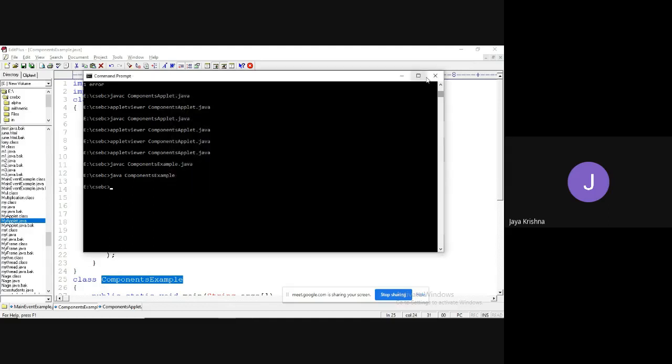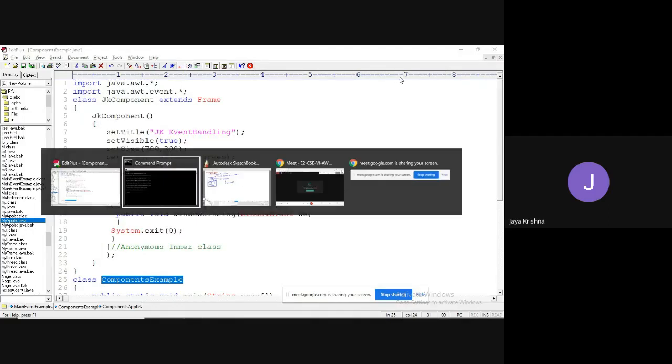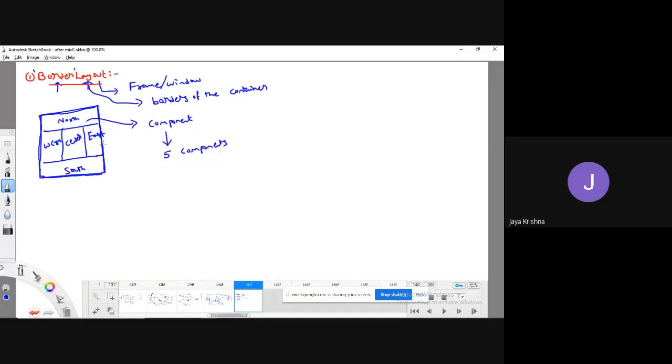If I am able to divide that container into 5 regions, I can place 5 components, yes. Sir, if I would like to place more components, what do I need to do? For example, this is a big container.